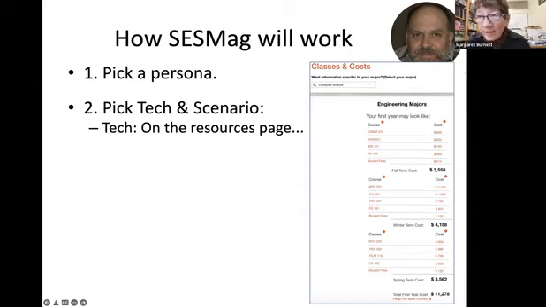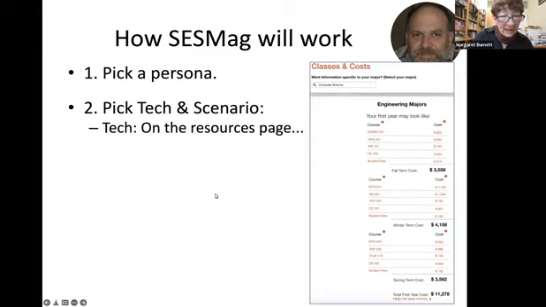Let me just move some of this Zoom stuff out of the way so I can see what I'm looking at. Okay, so here's what the OSU webpage says. It says your first year may look like this, and it's got some costs here that it's figured out. I guess these might be tuition costs or something. All right, so there we are.